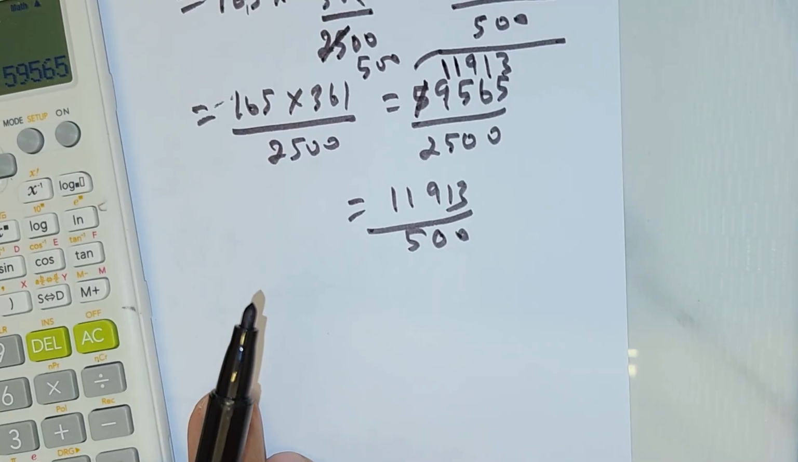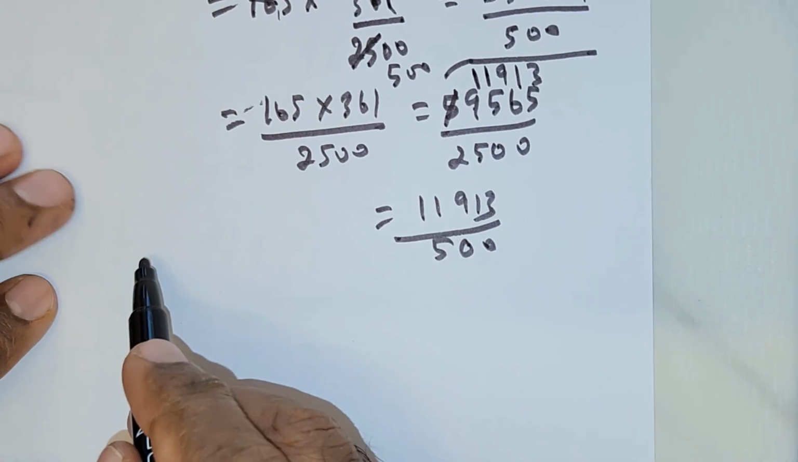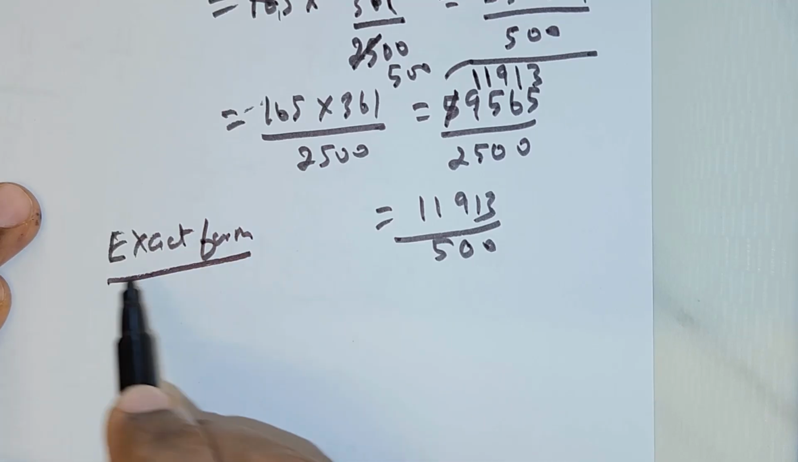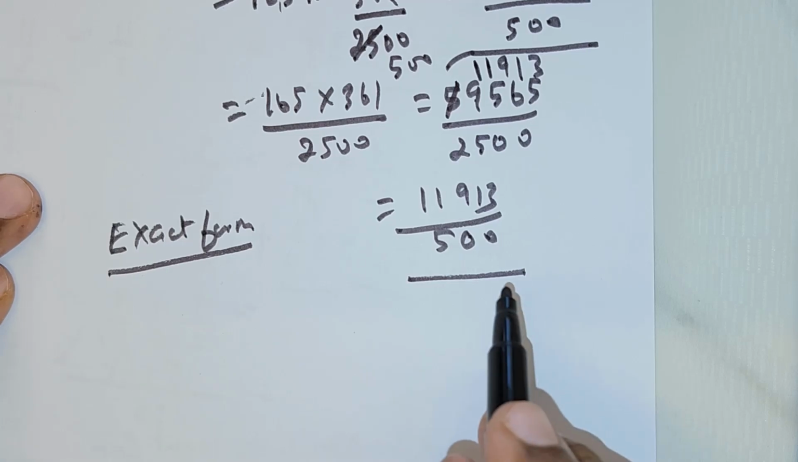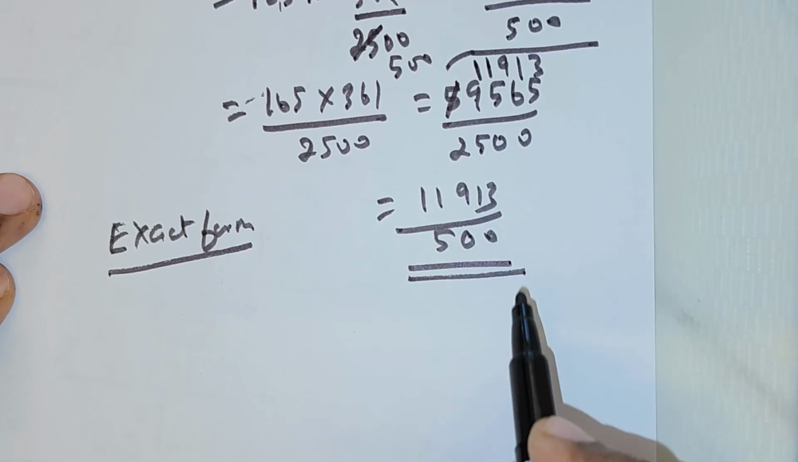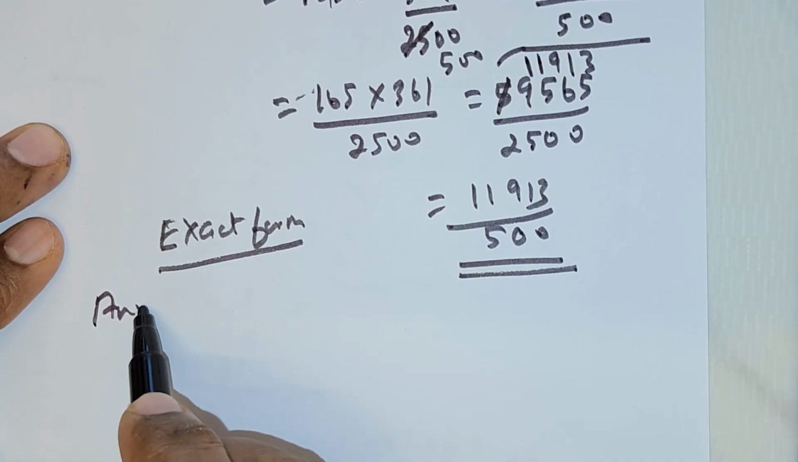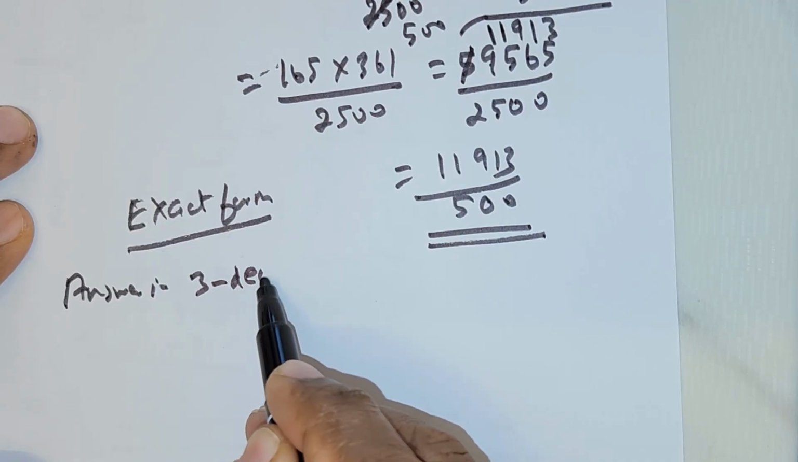Now the question is, what should we do after this? If the question wants you to give the exact form, you stop right here. Okay, this is your final solution. But if your question wants you to give the answer in 3 decimal places,